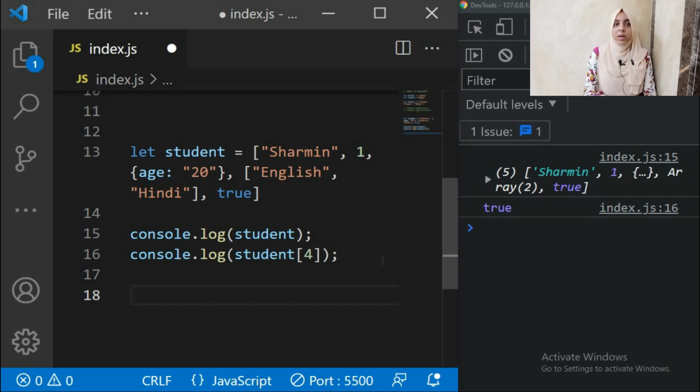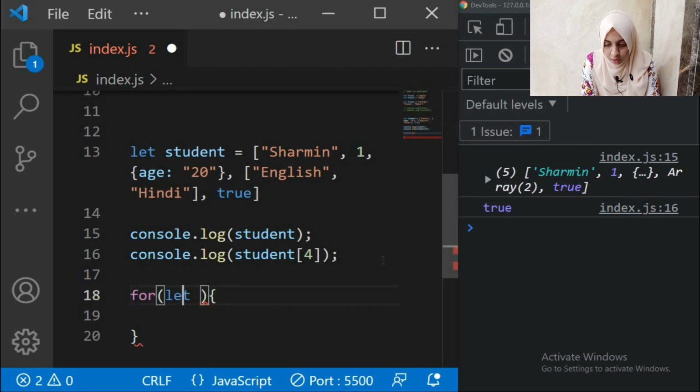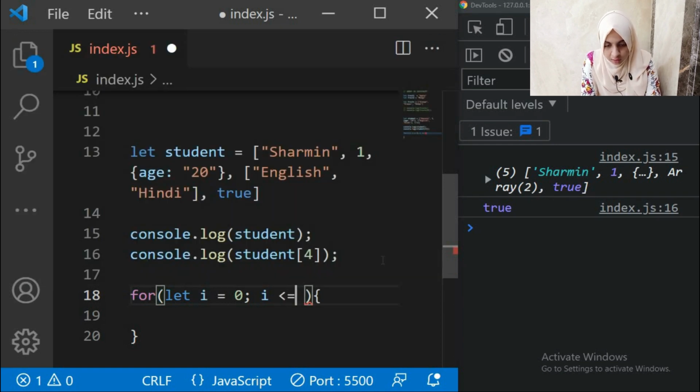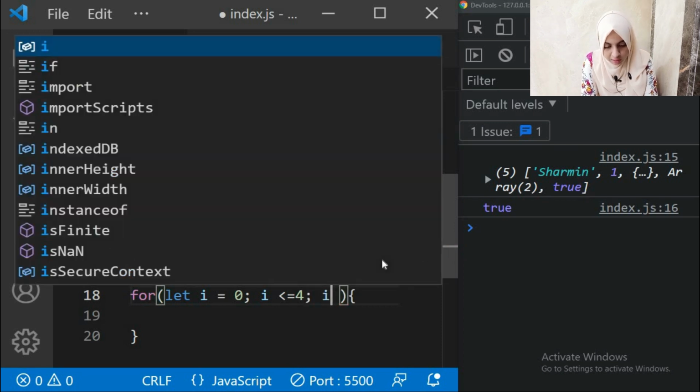Right now let's look at an example of how we can print the array items using a for loop. So here we start with the for keyword, which is how you write your loop. In the bracket you first mention let i equal to 0, then i less than or equal to 4, and the last condition is i++.